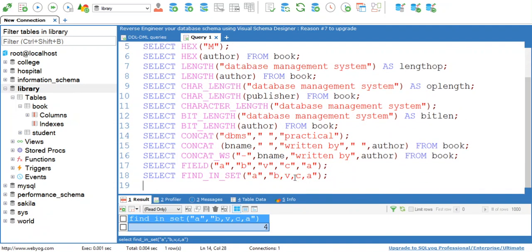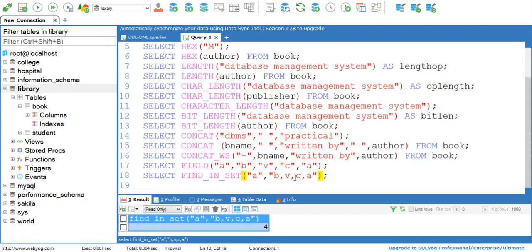So this is how field and find in set can be executed. These two functions are the set functions. Set functions means that the first argument is always a single argument and the next arguments are the sets in which we are going to find that first argument. When we execute the field function, we find the position of the first argument in all the next arguments, and all the next arguments are individual strings, not part of a single string.